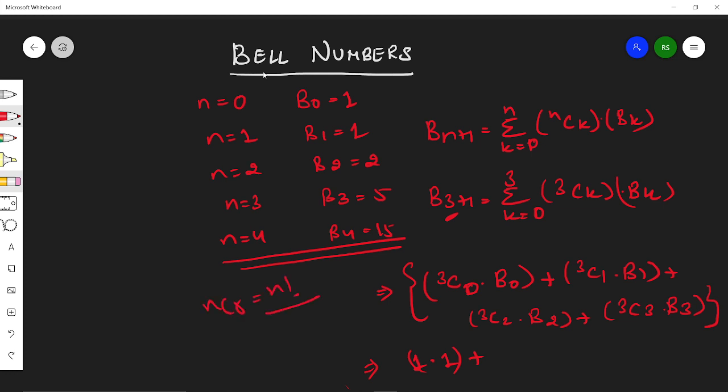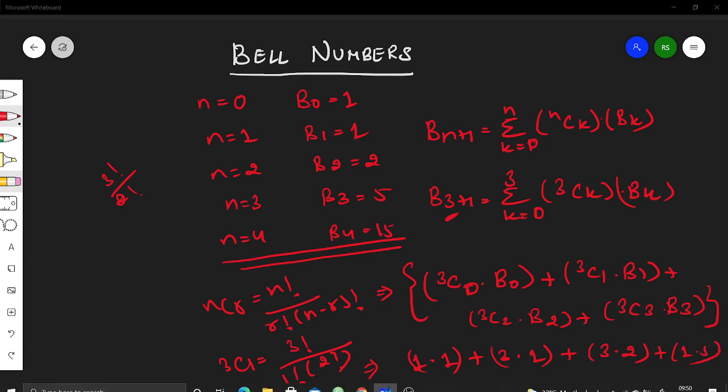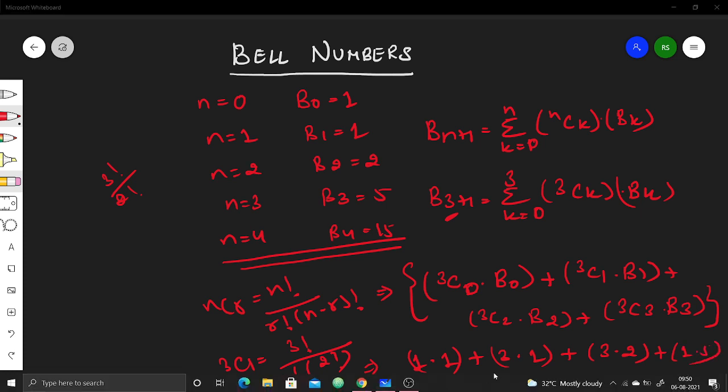It is n factorial by r factorial into n minus r factorial. So 3C1 is 3 factorial by 1 factorial into 2 factorial, which is 3. B of 1 is 1. 3C2 is 3 factorial by 2 factorial, which becomes 3. What is 3C3? 1. And B of 3 is 5. So what is the answer that I get?